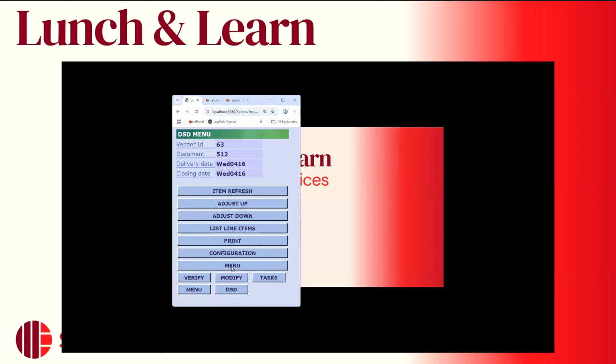But you can do the other options. You can add the items, you can adjust up, you can adjust down. You just simply don't have that final payment option that does need to be done in the back because, like I said, the assumption is you don't have the money to pay the vendor on hand. It all works the same way, so I don't think I need to go through that